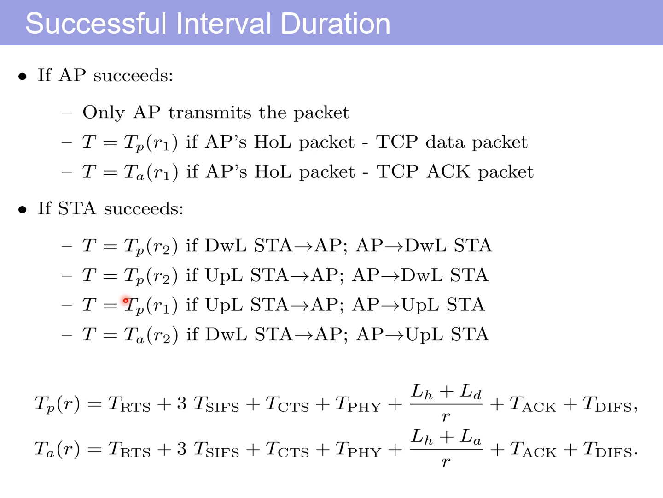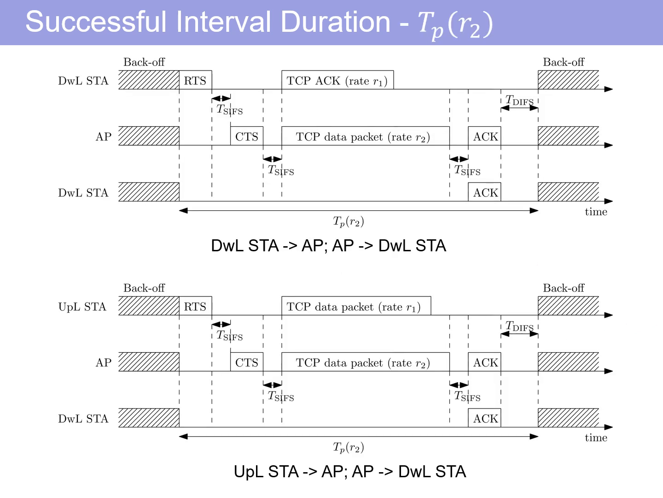The renewal duration T is TPR1 if an uploading station is transmitting to the AP and the AP is simultaneously transmitting to another uploading station. And finally, the renewal duration is TAR2 if a downloading station is transmitting in the uplink and the AP is transmitting to an uploading station in the downlink. These different renewal durations during FT transmissions occur because the MAC layer ACKs are sent TCIFS duration after the longer